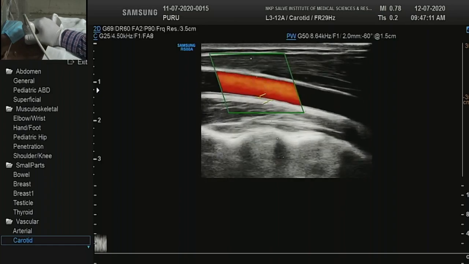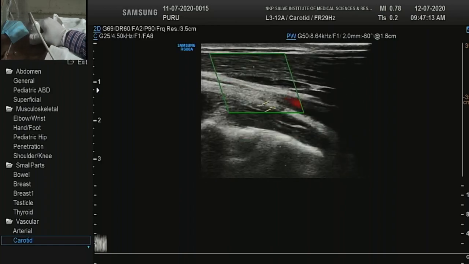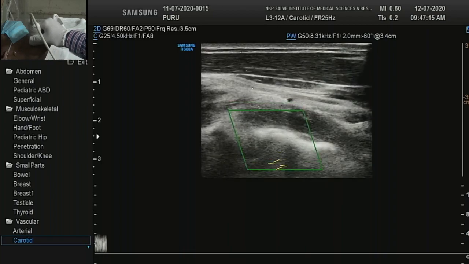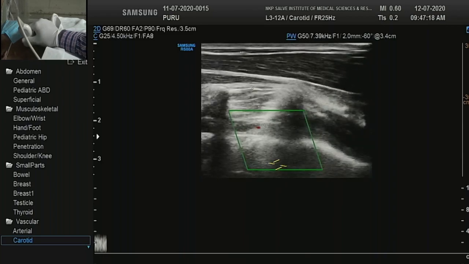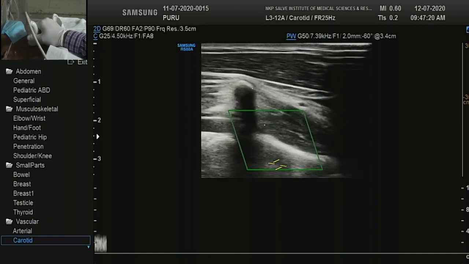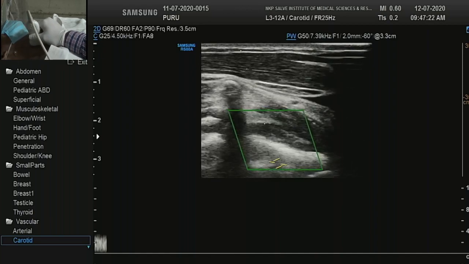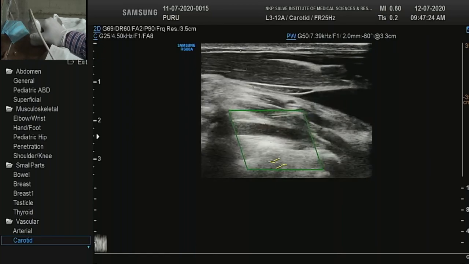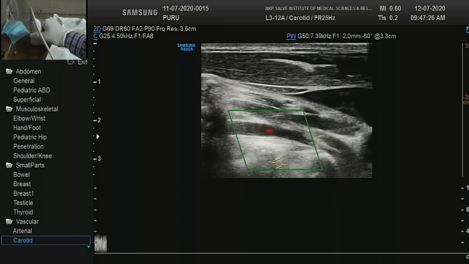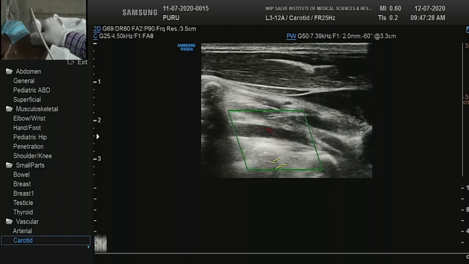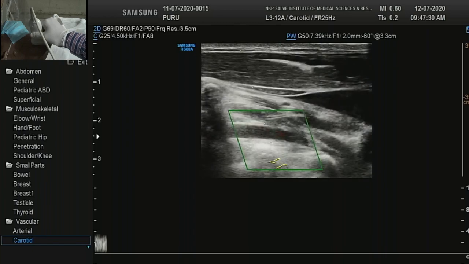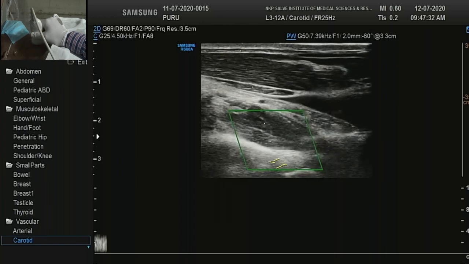So what we will do is, before going to internal, we'll just see the vertebral artery. Vertebral artery has got a little bit low amplitude flow. The peak systolic velocity is less because it supplies a smaller circulation, that is the posterior circulation. So what we had done, we had increased the PRF while we had